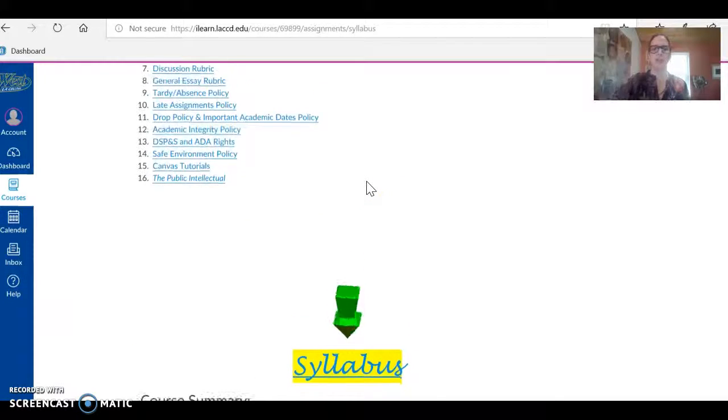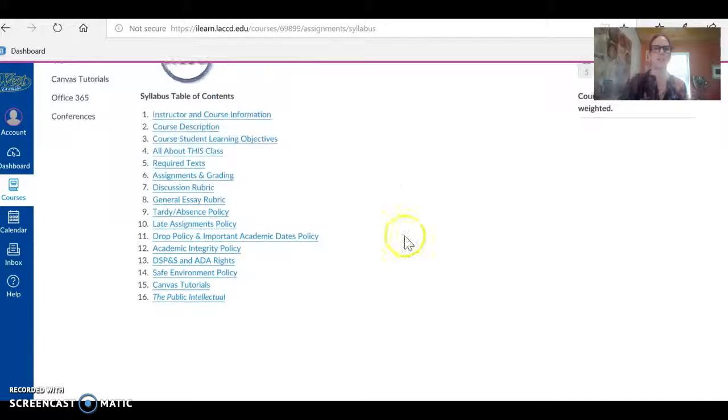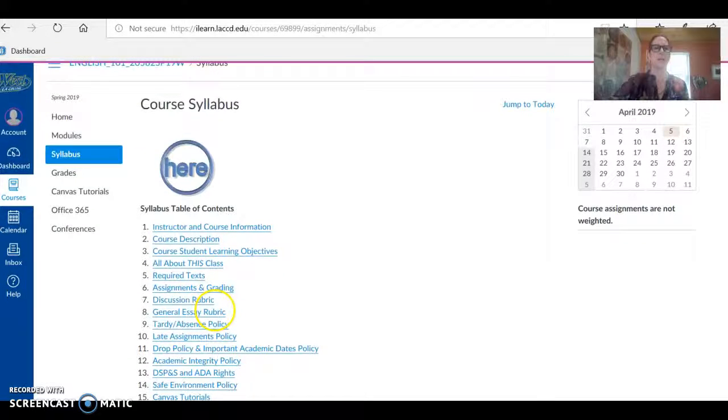And I also have a great, gigantic, ginormous syllabus here if you wanted to print out the whole thing, which probably you don't. You might just be interested in specific parts of the syllabus. Okay, so what comes next on our menu here? We have grades, and grades is incredibly important because that's where you learn your grade and you read my notes to you.